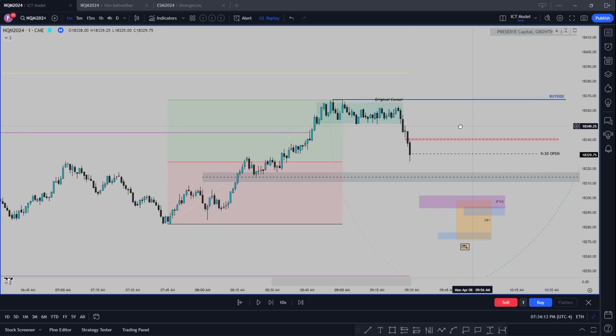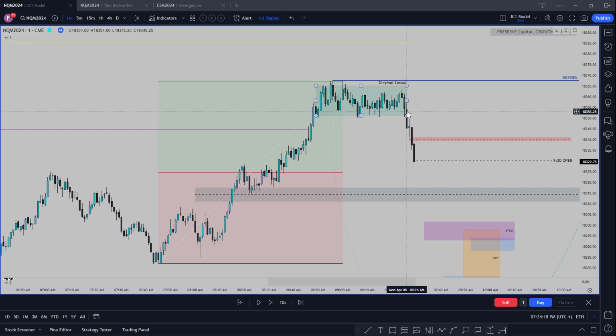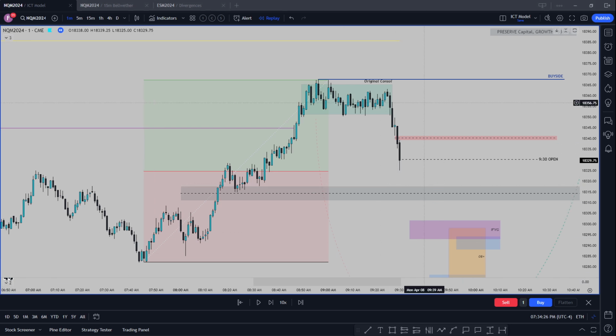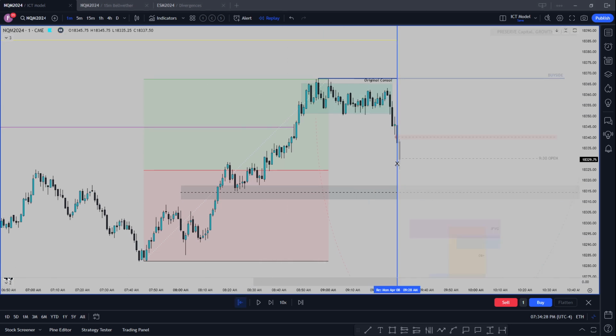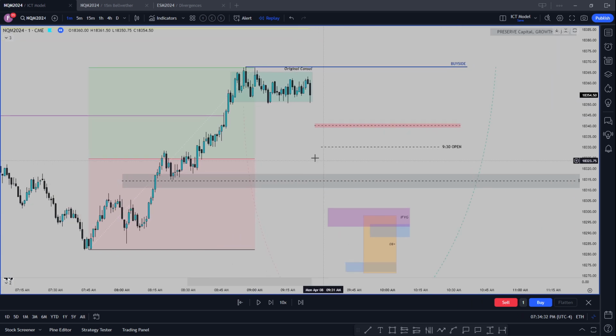Drop down to our 1-minute chart. I was anticipating this morning at 9:26. If you saw the stream recording, it was posted in YouTube vids. I'll send the link right here. You can go back and watch that. But as we had this original consolidation here at 9:26, if we're reaching for internal range down here,